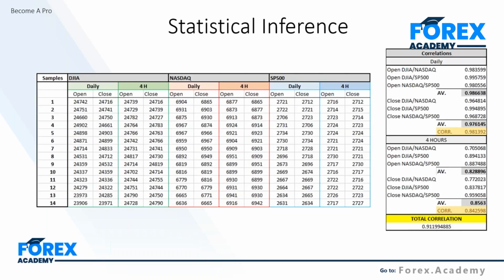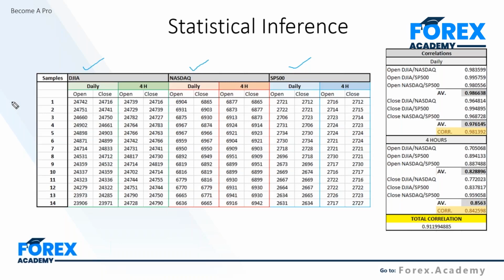So effectively, this is what we've done. We're going to go through this in a lot of detail here, so do bear with me. It's a lot to take in, but this is our statistical inference. This is where we derive our level of correlation. This is all very easy to do; you'll be able to do this on Microsoft Excel yourself. What we've done here is simply choose our 3 markets: the Dow Jones Industrial Average, the Nasdaq 100, and the S&P 500. We've chosen our sample here, 14 periods of data. It is advised to use much more, but in terms of explaining this to you and showing the level of correlation, it still gives you your statistical information.